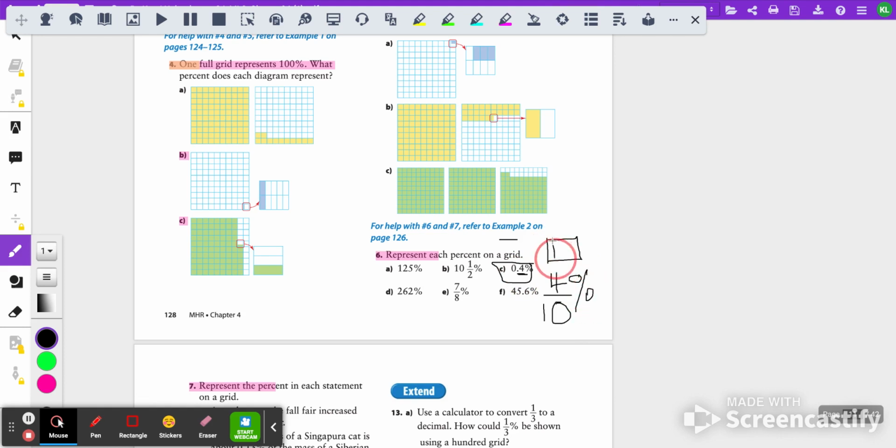So I'm going to draw my square, my one square of my hundreds chart. 1, 2, 3, 4. 1, 2, 3, 4, 5, 6, 7, 8, 9, 10. And I'm going to shade in 4 parts of the whole square to represent